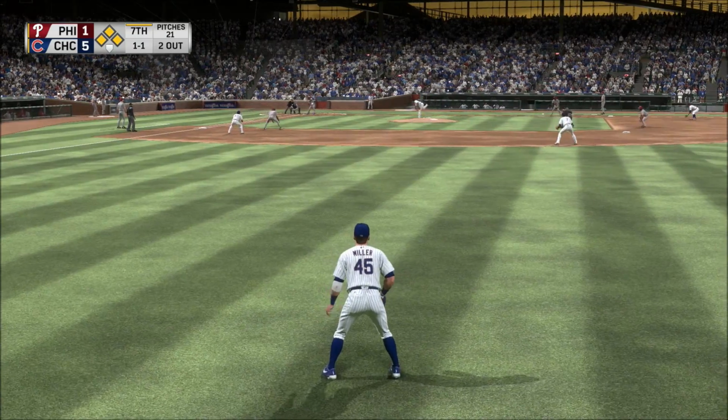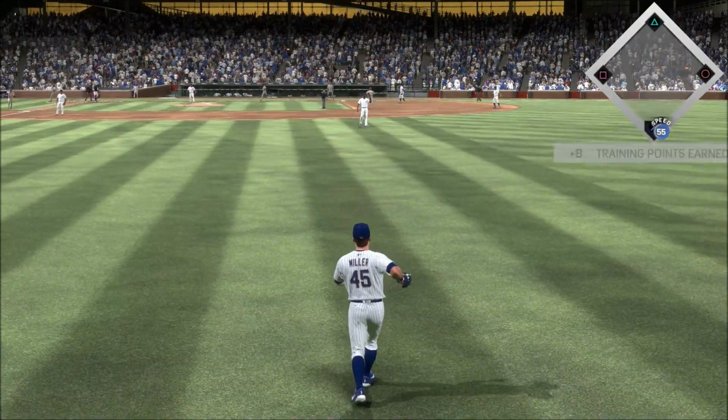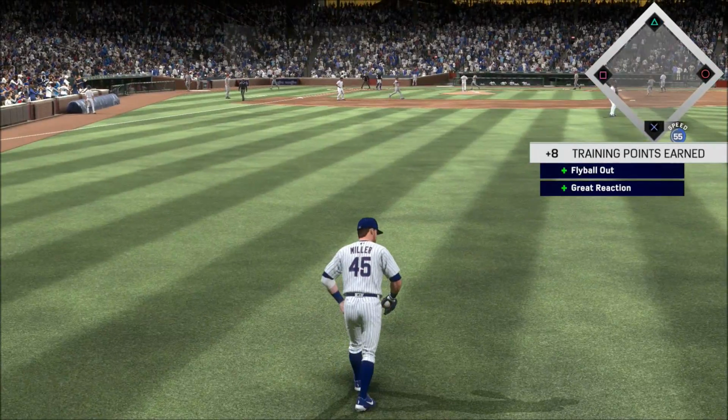Ready to deal. Here's the 1-1. This one skied out toward right. Miller giving chase. He's there to track it down, and that'll end the